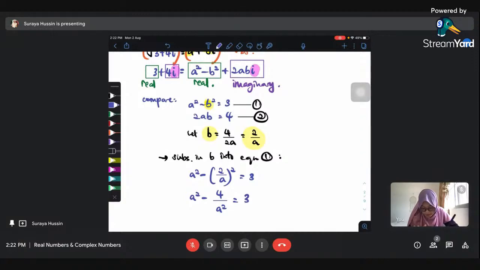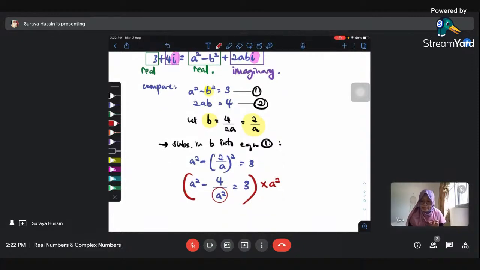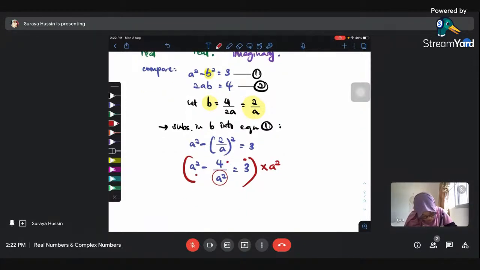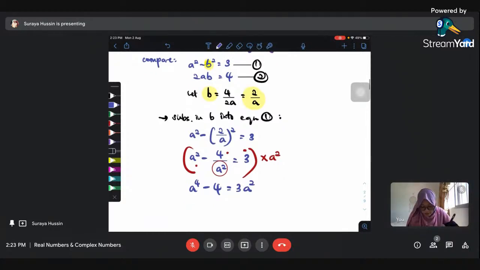Okay, dekat sini cara kita nak selesaikannya adalah mendarabkan dengan A squared sebab kita tak suka bawah ni. Kita tak nak A squared di bawah. Okay, so we have to eliminate it by times each term with A squared. So you will get A to the power of 4 minus 4 equals to 3A squared. Okay, I rearrange it into becoming